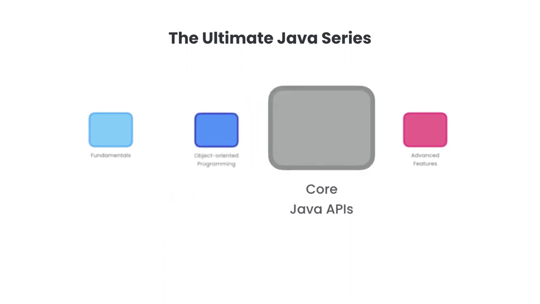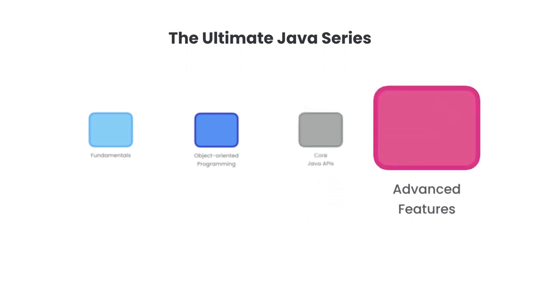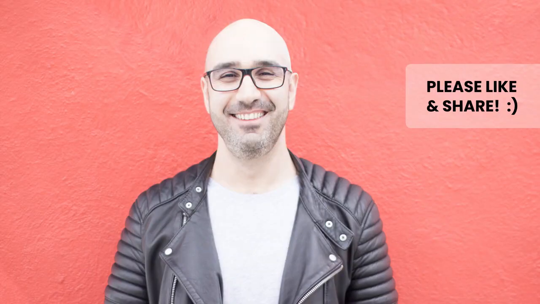In the third part, we're going to talk about core Java APIs, or application programming interfaces. You will learn about many of the useful classes in the standard Java library. And finally, in the last part, we'll be looking at the advanced features in Java, such as streams, threads, database programming, and so on. So I hope you're going to join me on this journey and